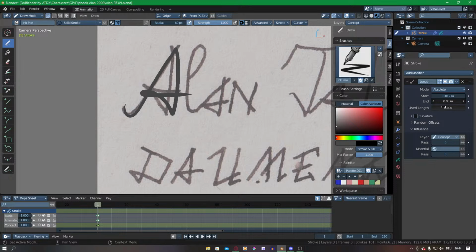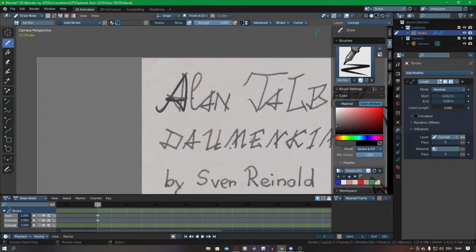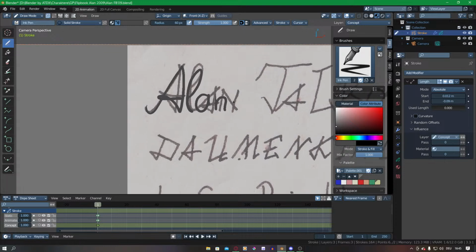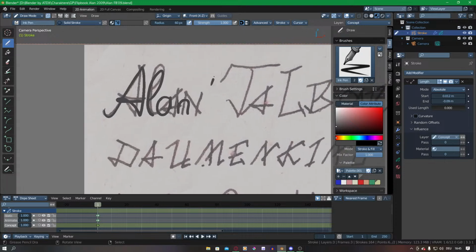That's what length does if the stroke is over. Okay, it kinda